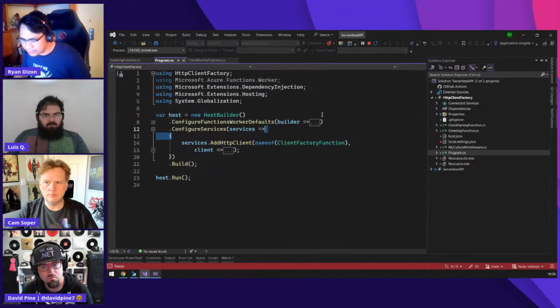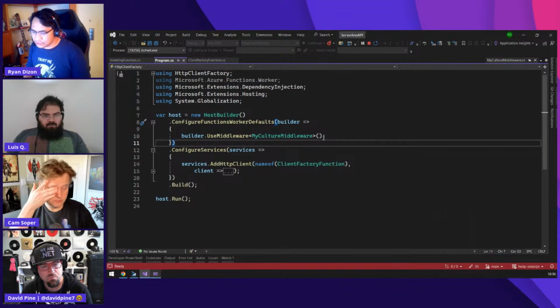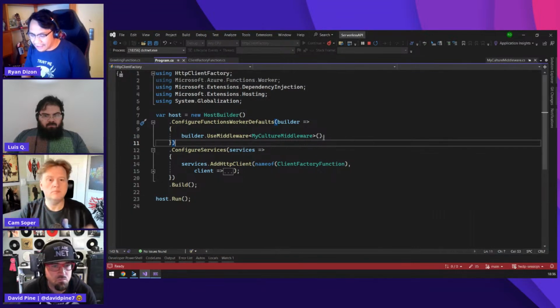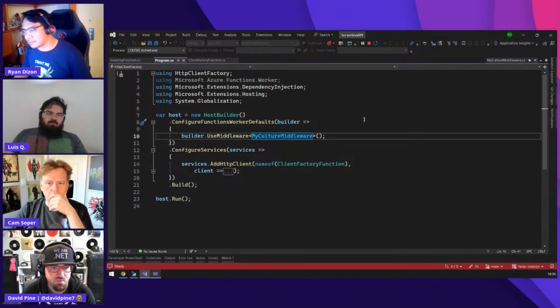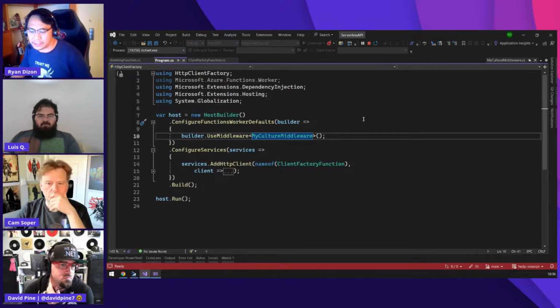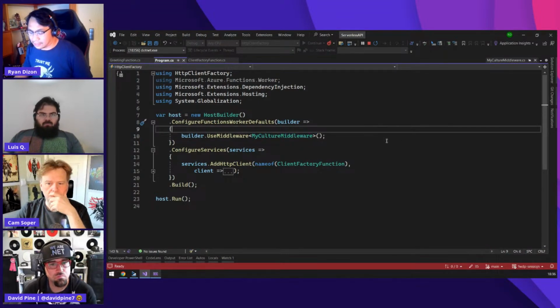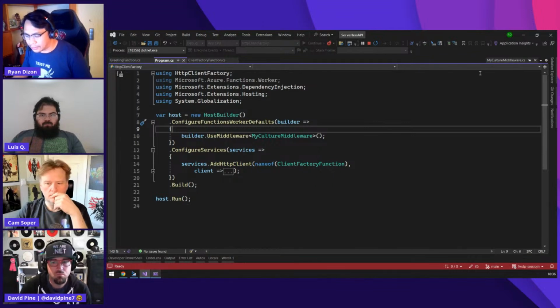So let's open the program CS again. That's the power of having this use middleware. You didn't have this capability before. This use middleware is the same as how you use it inside your web API, even the order of executing your middlewares is all the same as in a web API project.